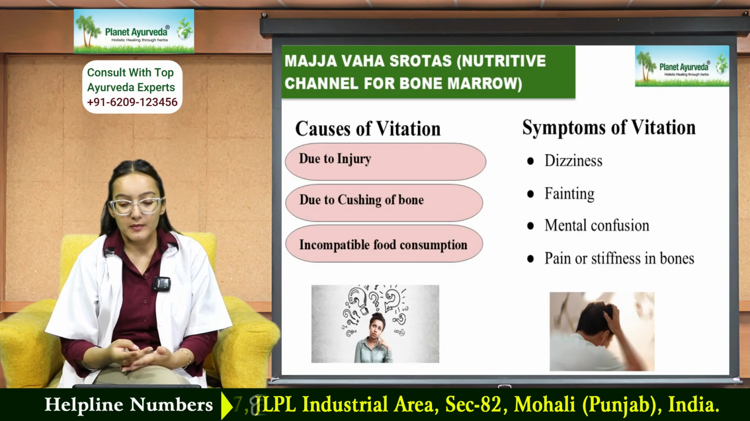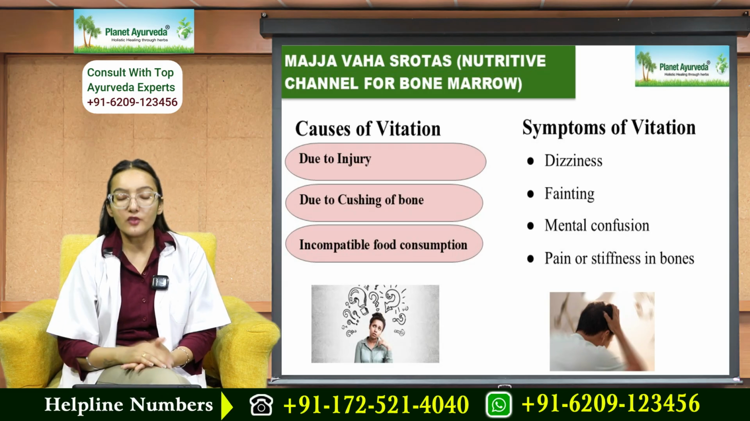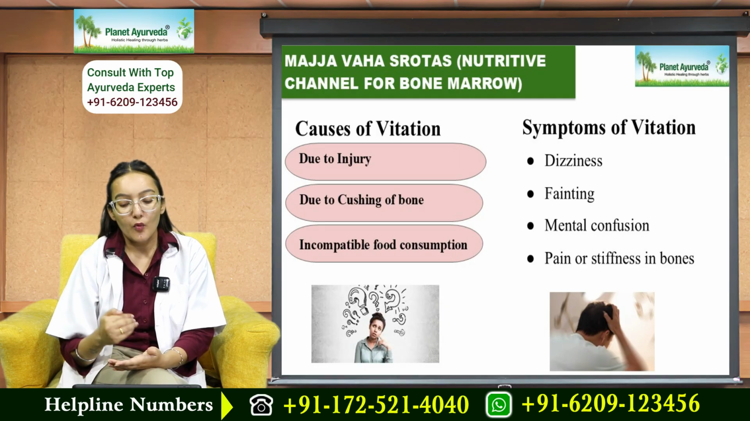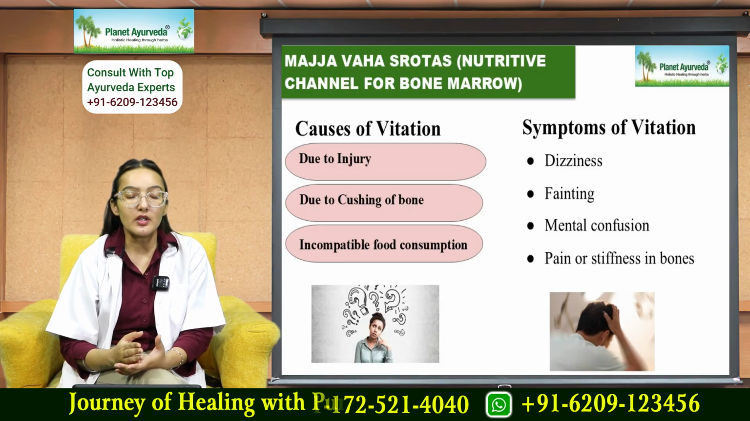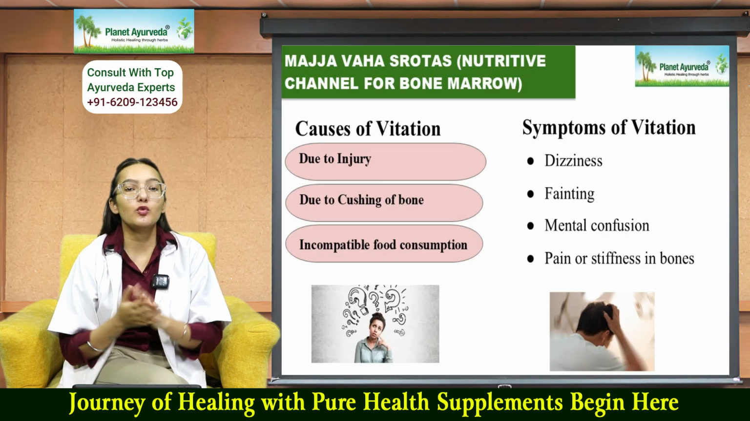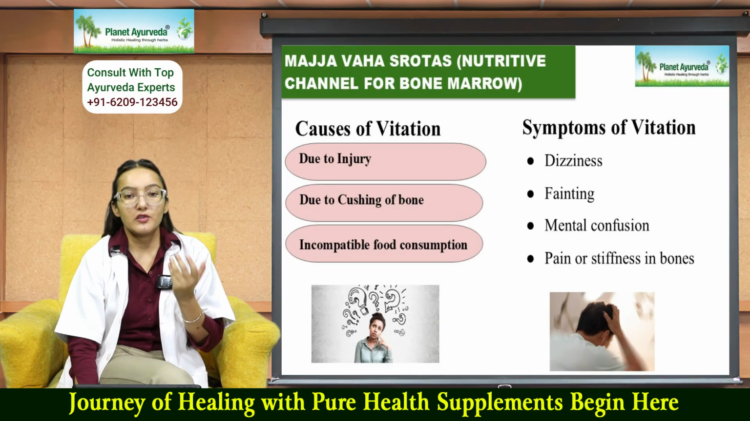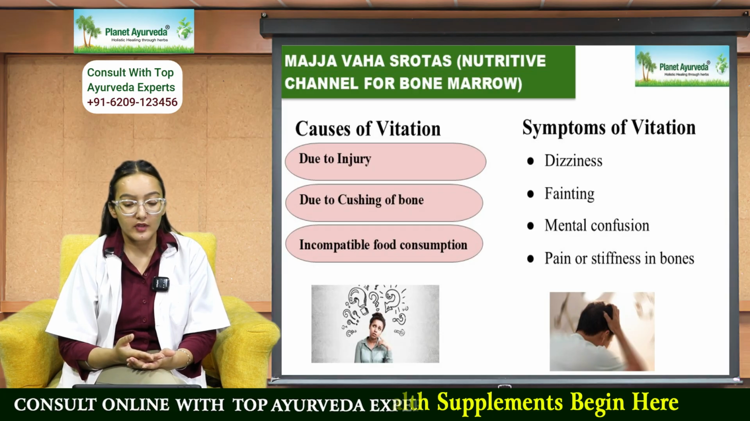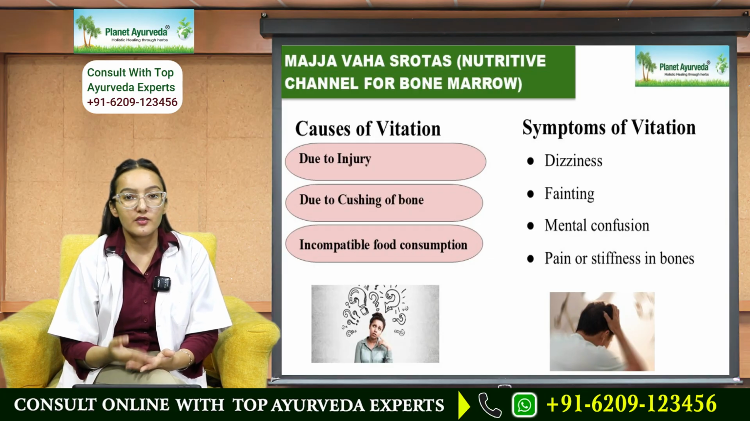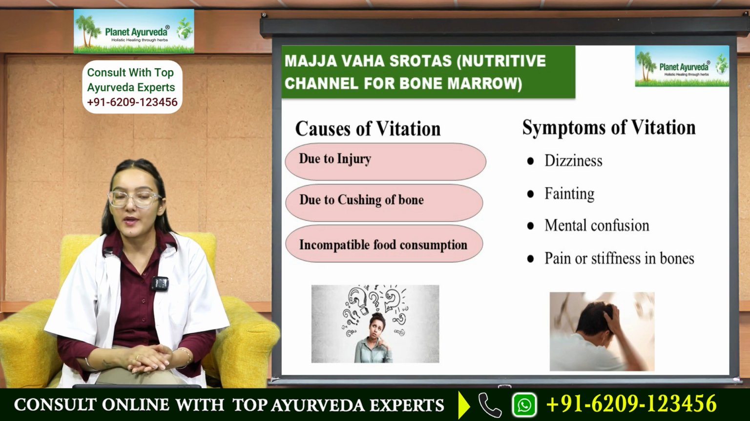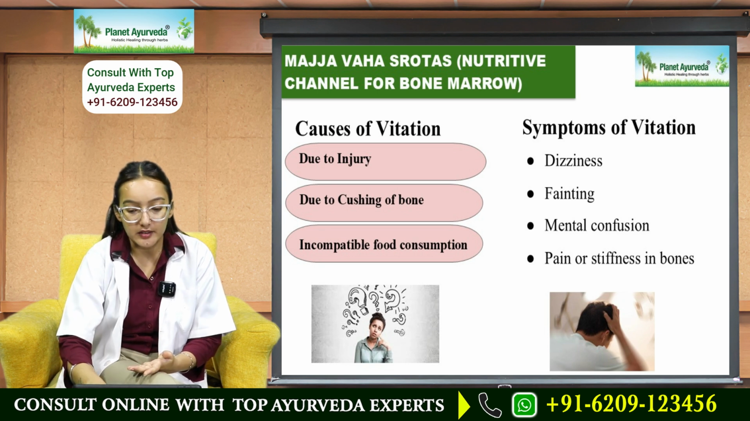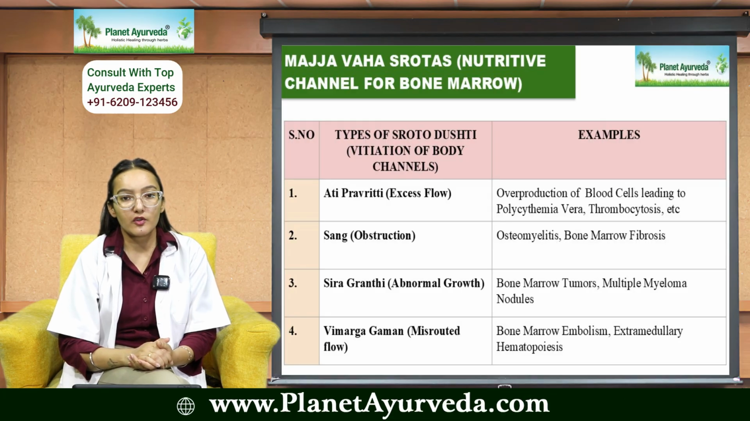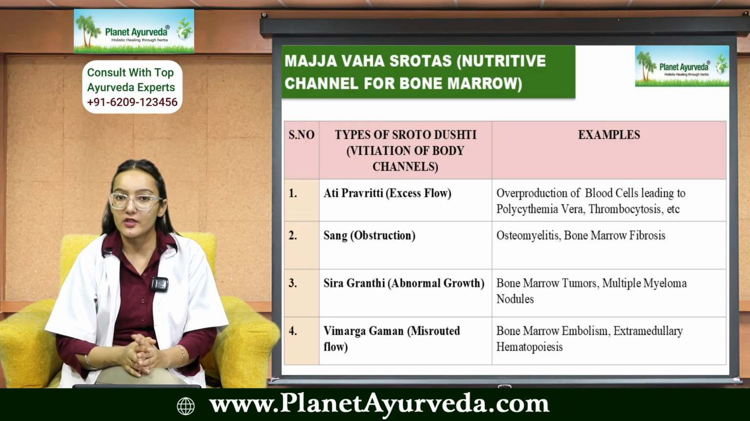incompatible food consumption. What kind of symptoms may one experience? One may experience dizziness, fainting, mental confusion, all the symptoms that are related to the nervous system. Also, one may experience pain or stiffness in the bones. Whenever there is injury or crushing of the bone, this may happen. That's very clear. Next comes the types of Srotadushti, Visheshan of body channels, with respect to Majjavaha Srotasa and